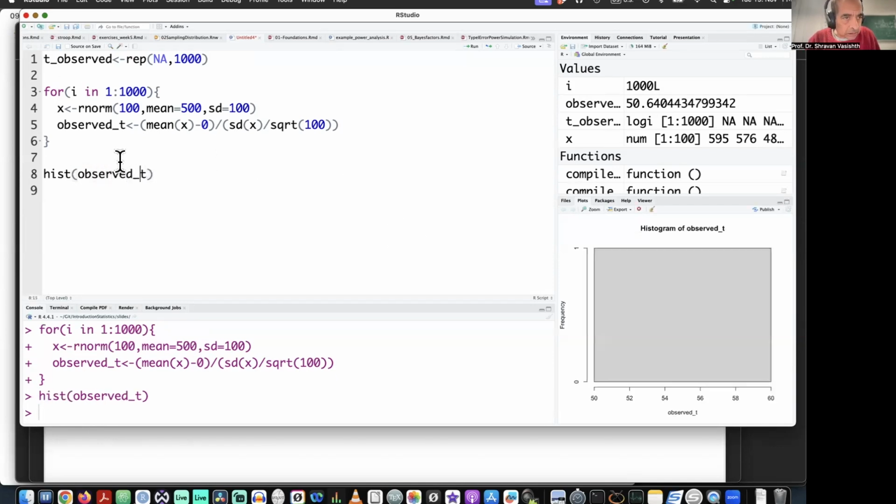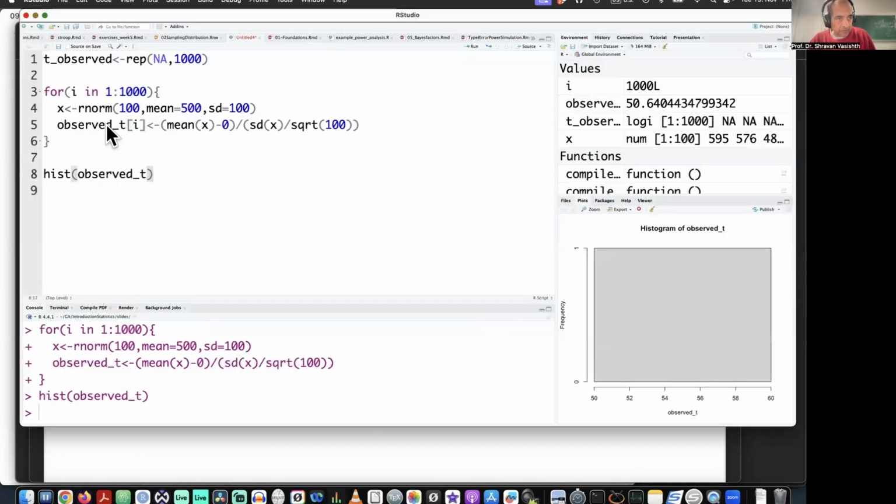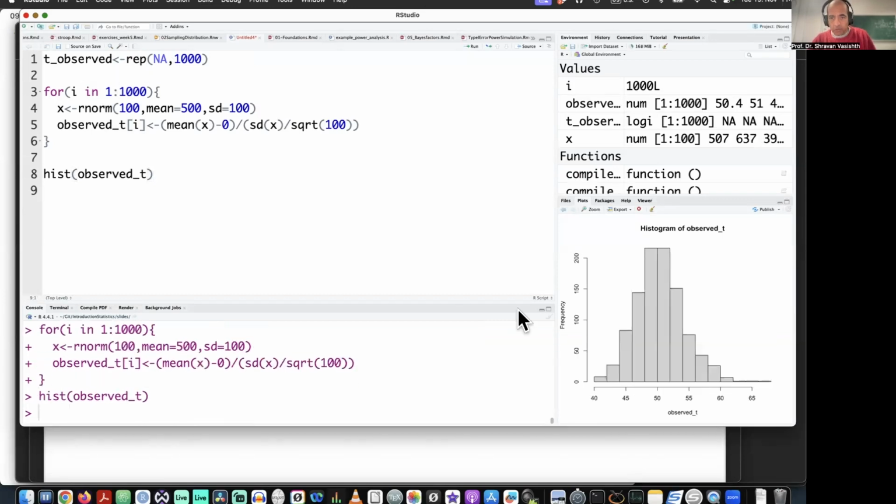Oh gosh, did I make a mistake? Sorry, that was a stupid mistake. I need to save the observed t-values into this vector here. So that was a mistake. So what you see is that